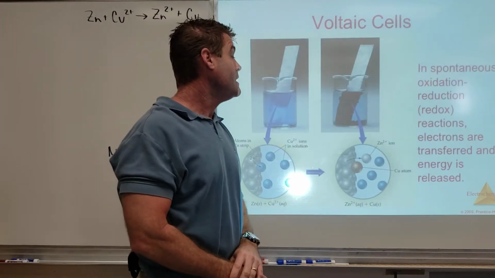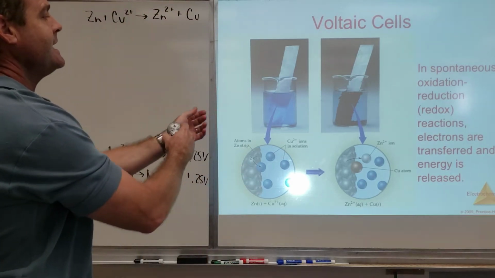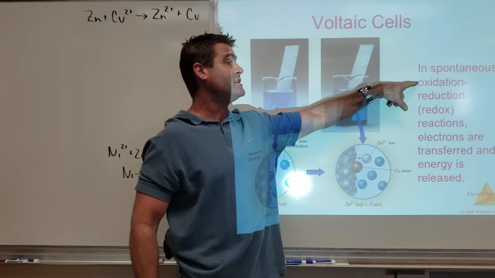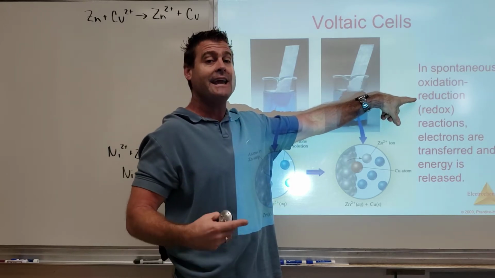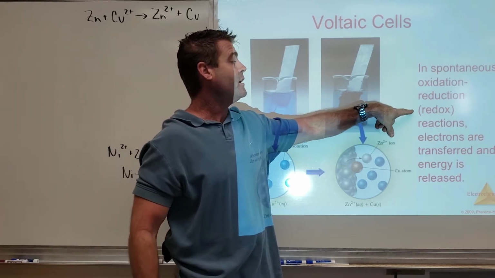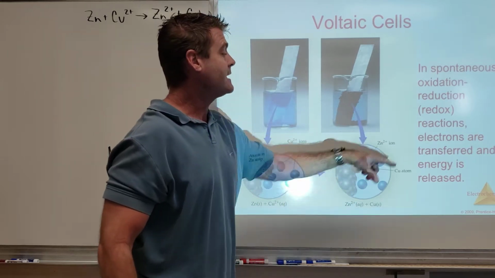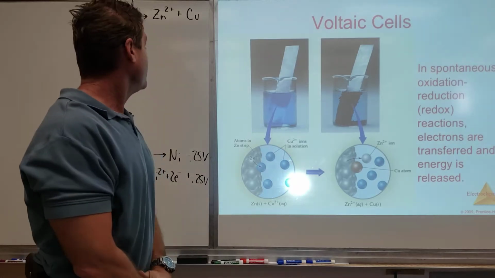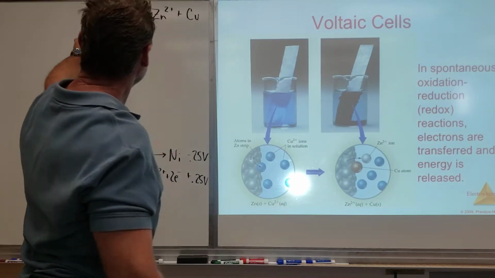Okay. So voltaic cell. You guys, in spontaneous oxidation reduction, remember oxidation, OIL RIG. Oxidation is loss of electrons. Reduction is gain, RIG. We call it in short redox reactions. Electrons are transferred and energy is released. So in this case, what we're doing here, and this is what this is showing, is taking